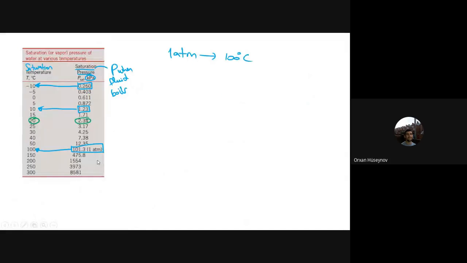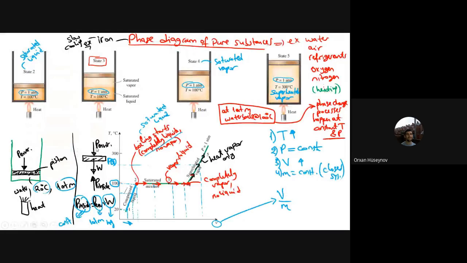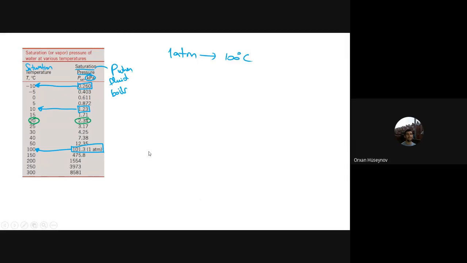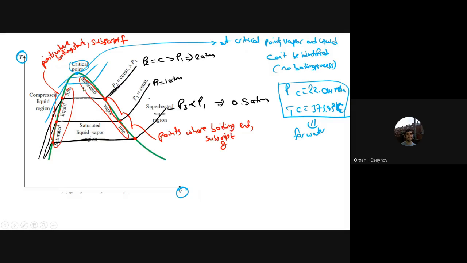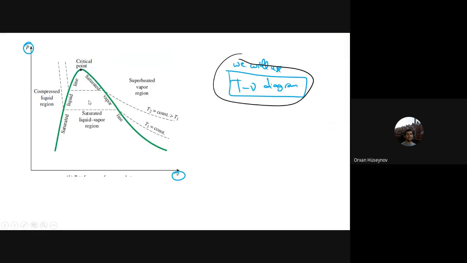In our last lecture, if you remember, we talked about the different states of the fluid and its phase diagram. We had the compressed liquid, saturated mixture, and superheated vapor, and then we talked about the saturation temperature versus saturation pressure chart. This was an exponential chart, and we also talked about the T-nu diagram, as well as the P-nu diagram. We are not going to use the P-nu diagram a lot,